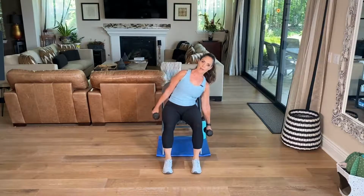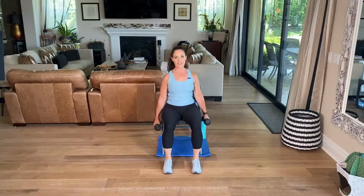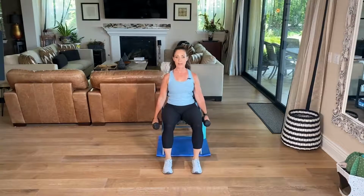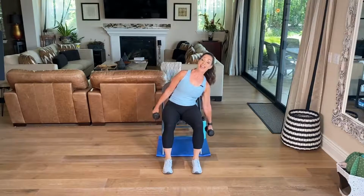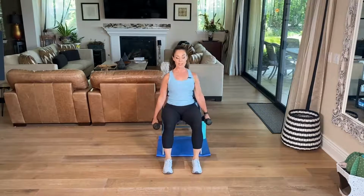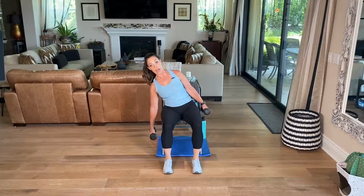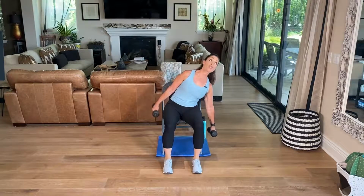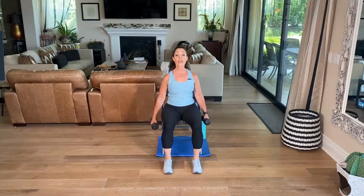Bend, waist, and lift. These are called lateral bends. They're great for back strength, which we could always use a little extra back strength. Lift. Notice as I'm going side, I'm not collapsing in the work. I'm reaching the head away from the hips